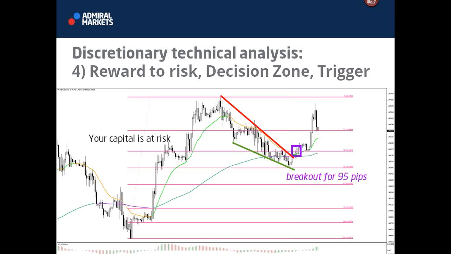Now, we don't have to, or probably shouldn't, count on getting every single pip of that maximum, but it shows you the potential at least. So that was a breakout discussed yesterday, and that's an example of a decision zone and the trigger at that zone. All right, so this is the way we tackle the charts,